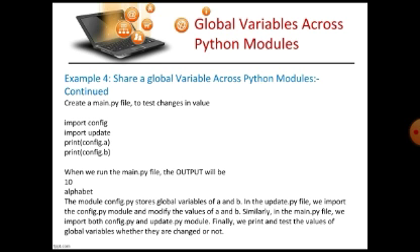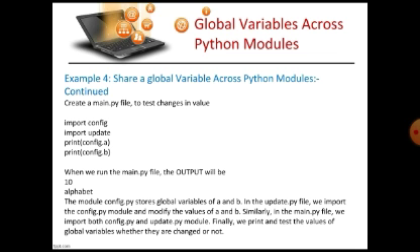So now we can see the result of the updation has been successfully done. You can see the result here. Now the module config.py stores the global variables a and b. In the update.py file, what we have done, we have imported the config.py module and modified the values of a and b. Similarly, in the main.py file, we import both the config.py file and the update.py module.